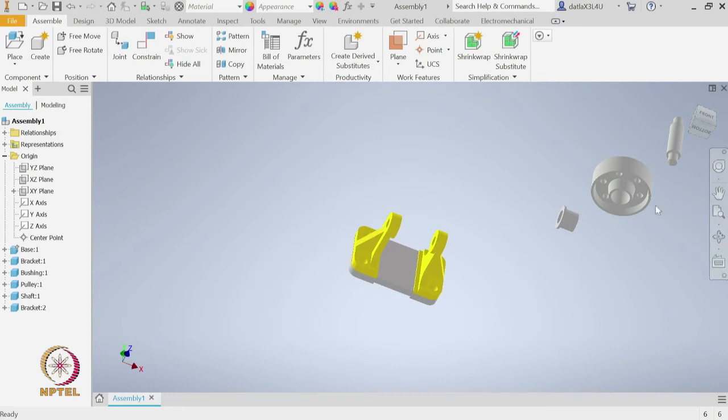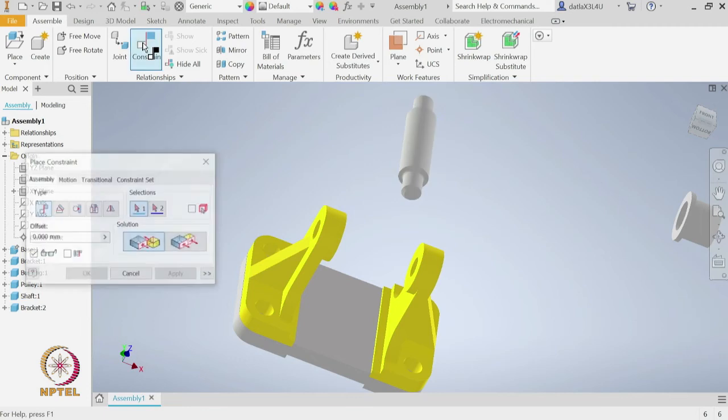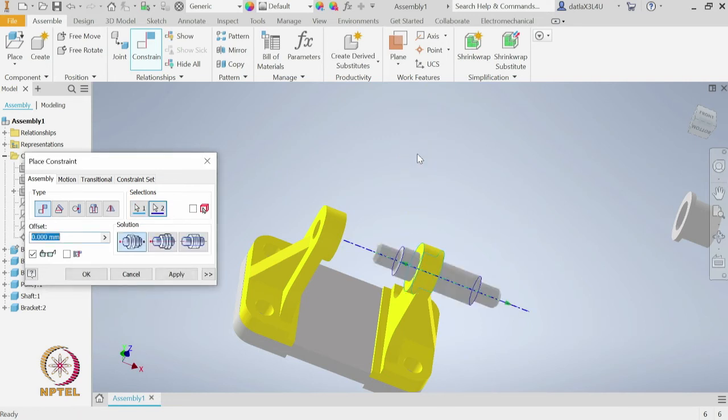Now, let us place this shaft in these holes of the support. For that again let me first drag this shaft close by, let us zoom in and we use the constraint of aligning the axis. So, let me first choose axis of the right support and then axis of the shaft, and now we made sure that both of them are coinciding and let us apply this constraint. Okay. So, we have applied this collinear constraint.